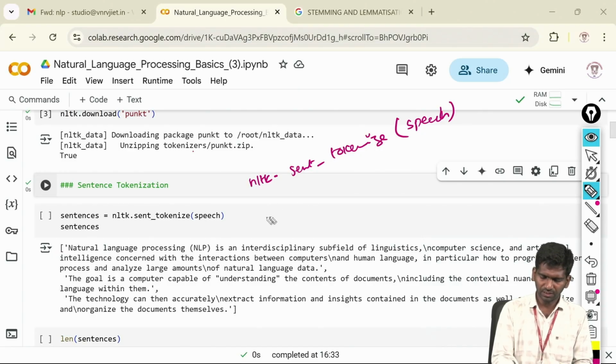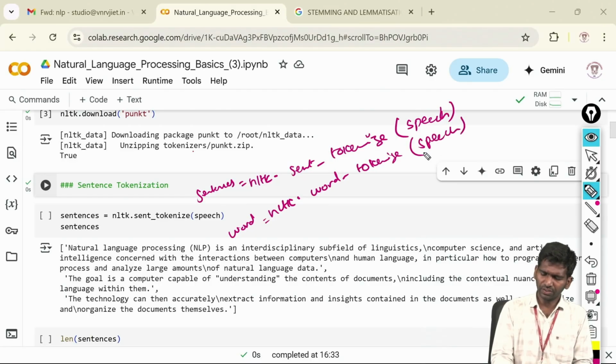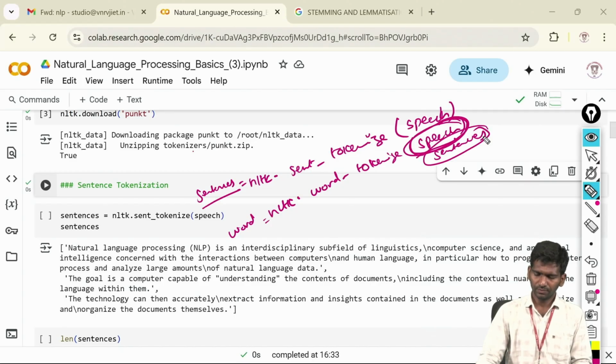Similarly, for word tokenization, NLTK dot word underscore tokenize. I have taken sentence as variable for this command. You give the speech, or you can give the sentence variable also. You can give this also, or else you can do it on the direct text. Our direct text is speech. Our sentence text is the variable that is having sentences. Okay,